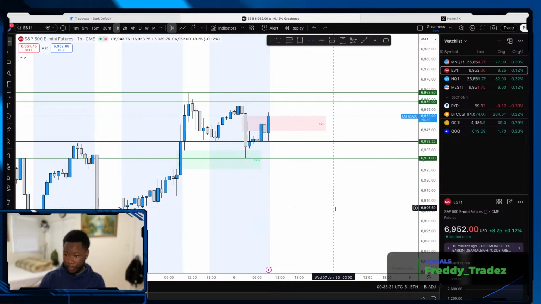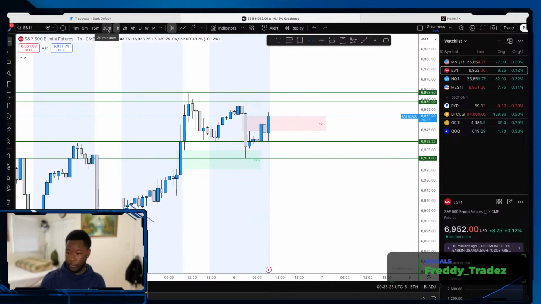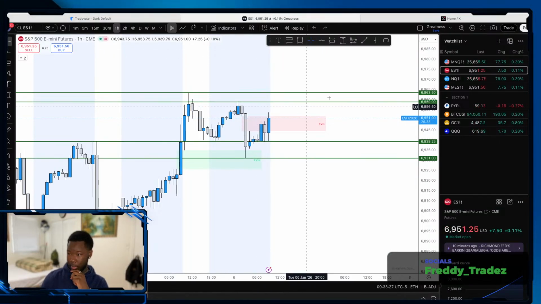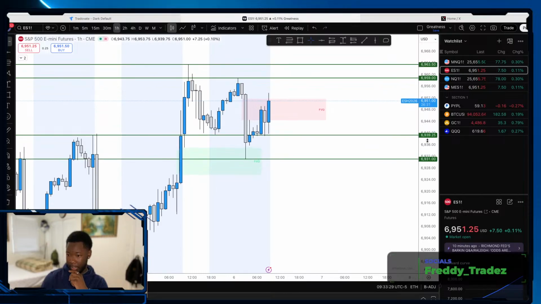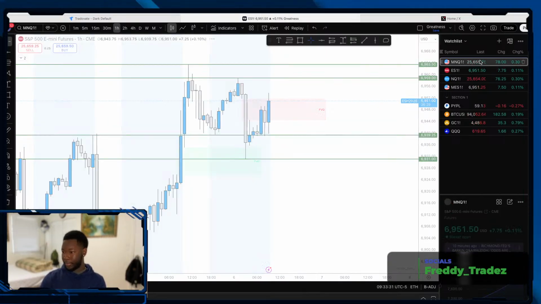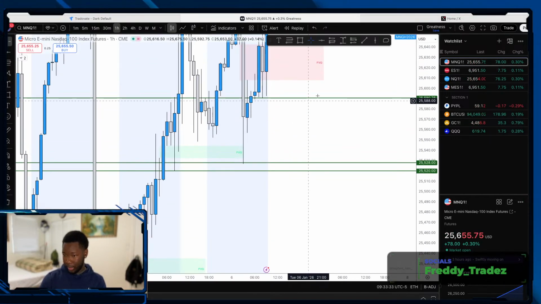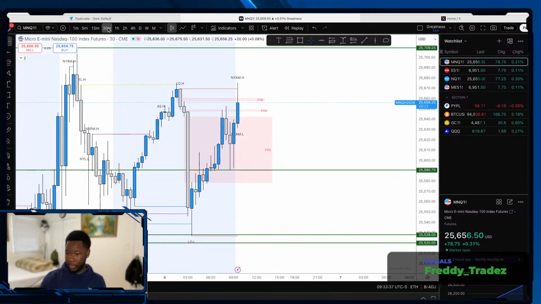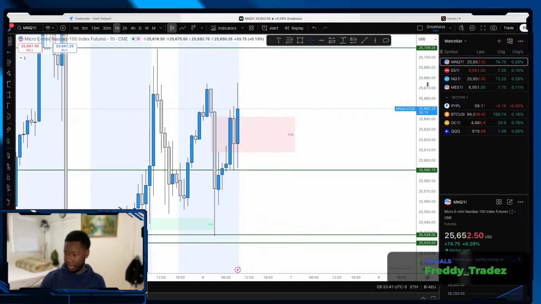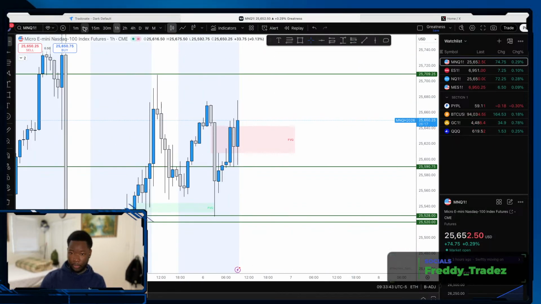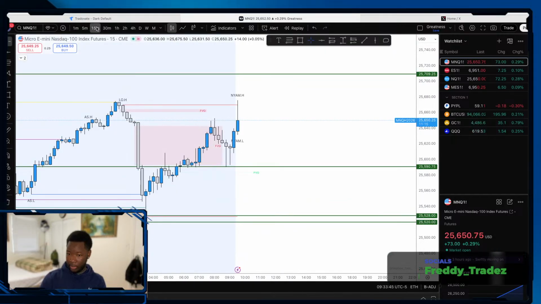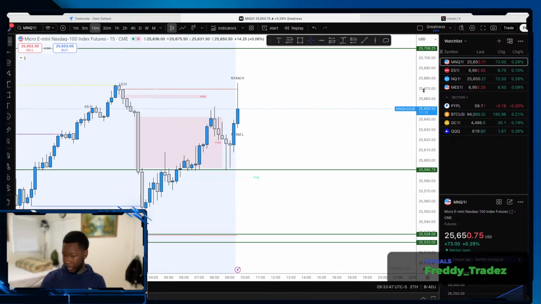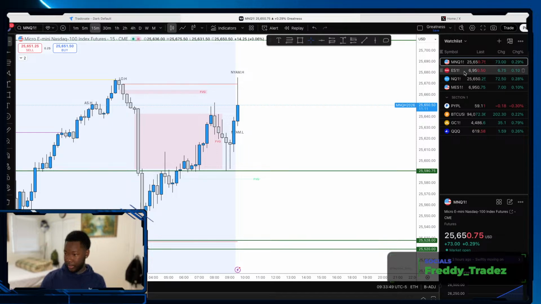Okay. All right. So from looking at the 4 hour and the 1 hour, I am bullish on the day. I want to see price move higher. Now to confirm this bias, if you can get an inversion of this 1 hour, which will also be an inversion of this 30 minute, then that'll confirm my bullish bias. And then I could look to take longs. I wouldn't take anything here currently because